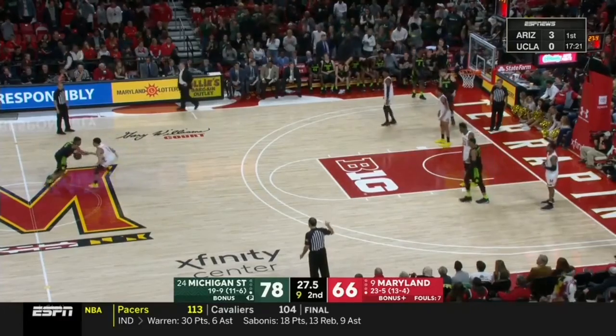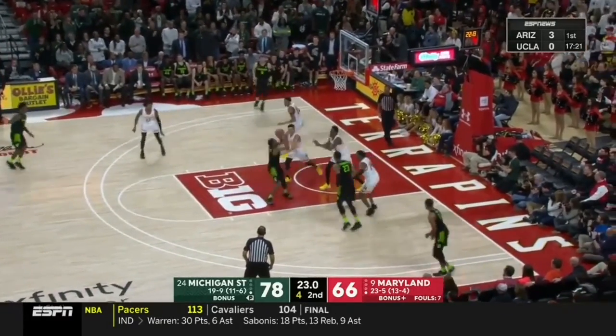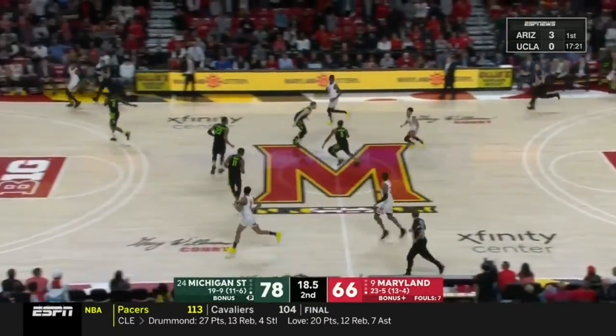I think a roadmap for how they can win the Big Ten tournament and do really well in the NCAA tournament if they play with this kind of togetherness and intensity, and they get